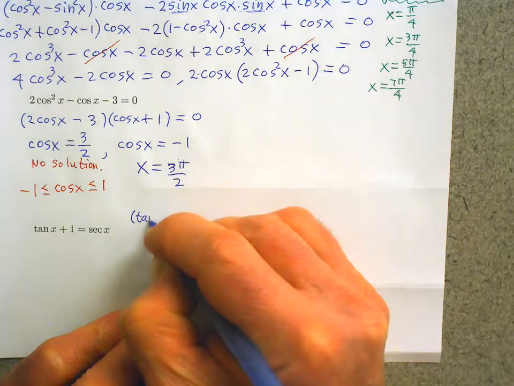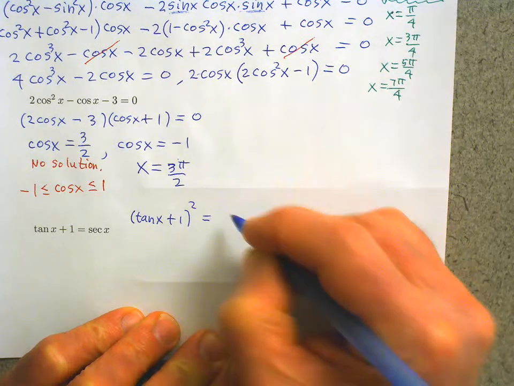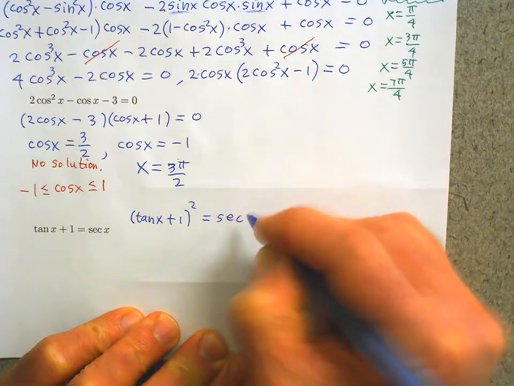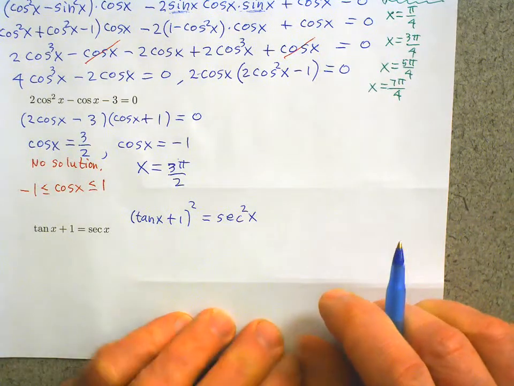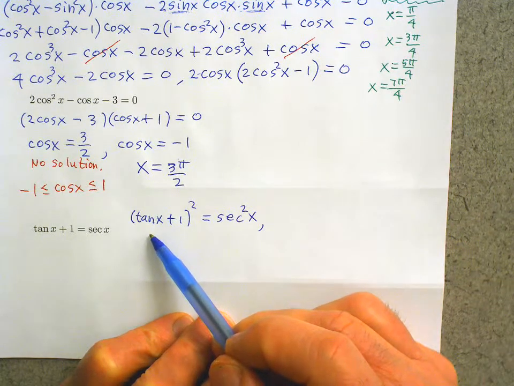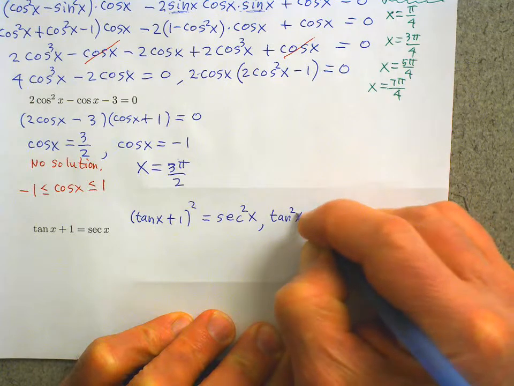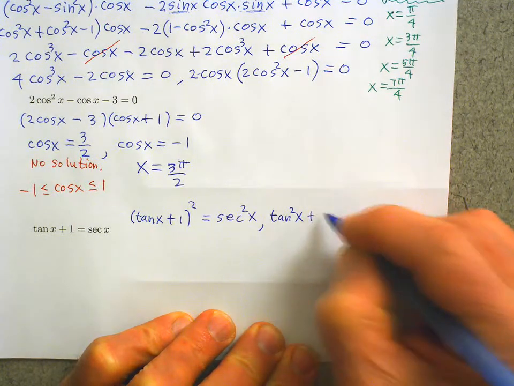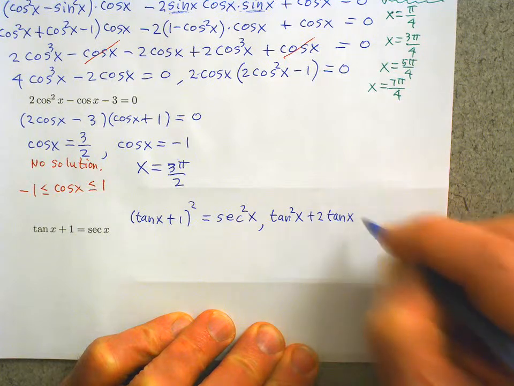So tangent of x plus 1 quantity squared equals secant of x squared. Okay, so when we square tangent of x plus 1, we get tangent of x squared plus 2 times tangent of x plus 1